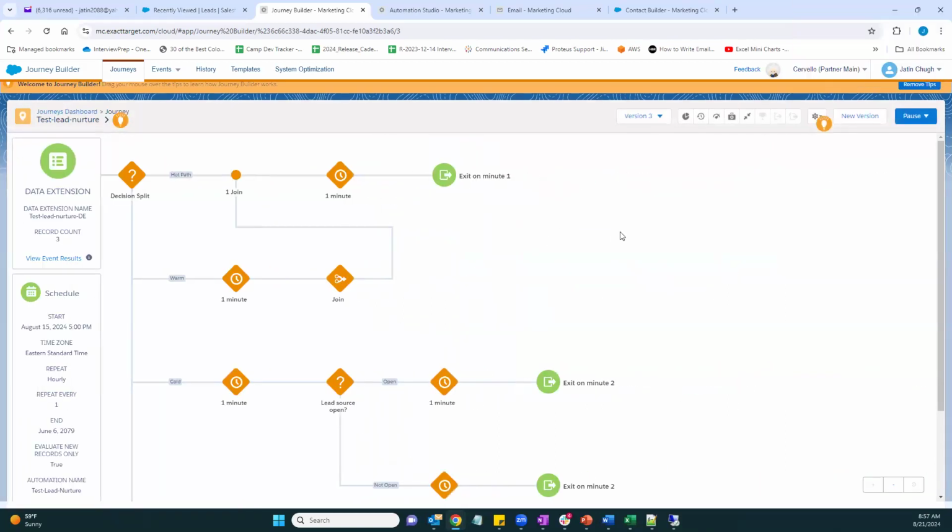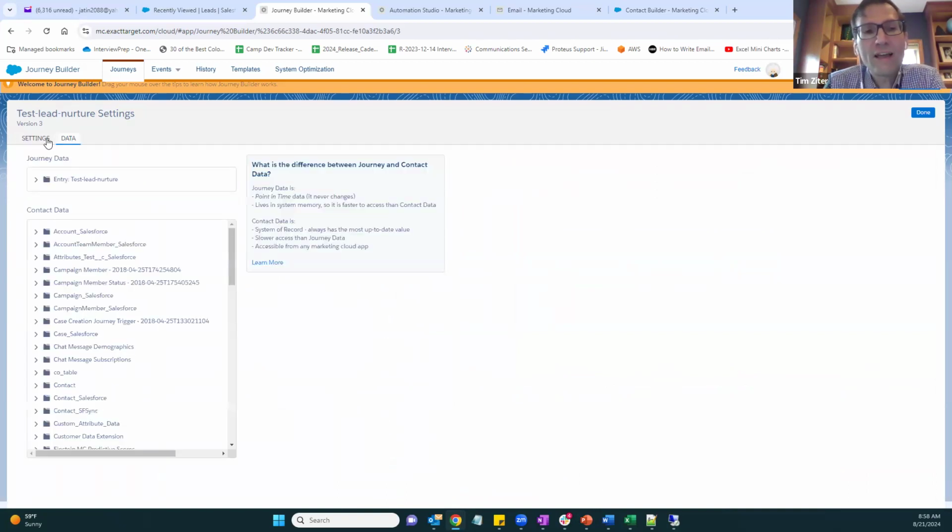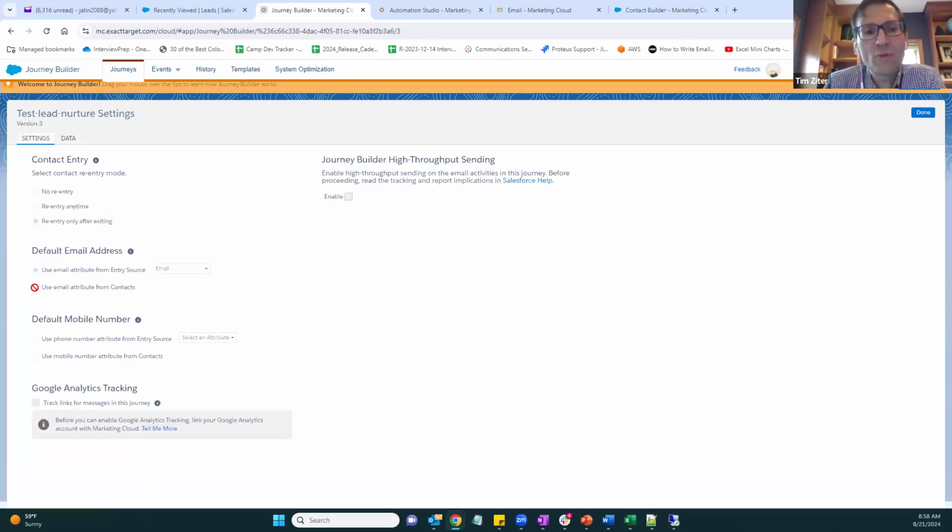So if you go back to journey settings real quick, I just want to check something. And activate. Okay, so it's saying use email attribute from entry source email. So it might have set that because we added that email activity. So that might be the reason as well, but this is a good thing to troubleshoot. We'll do a little bit of research on our end, and we might just need to rebuild this journey because we